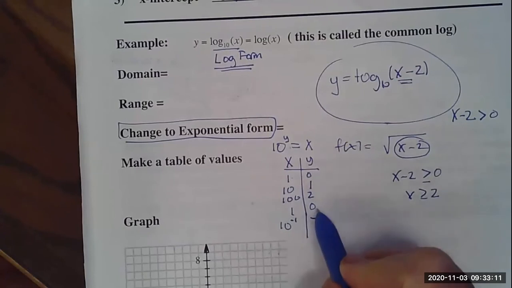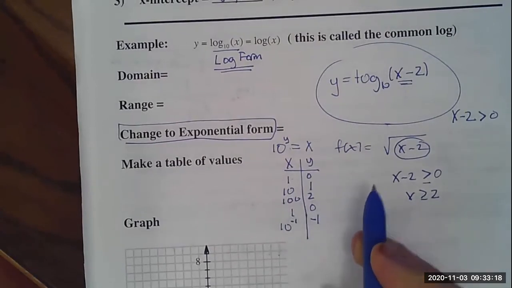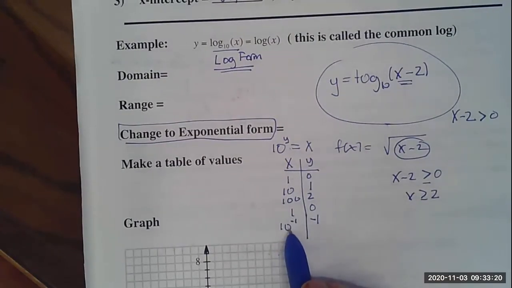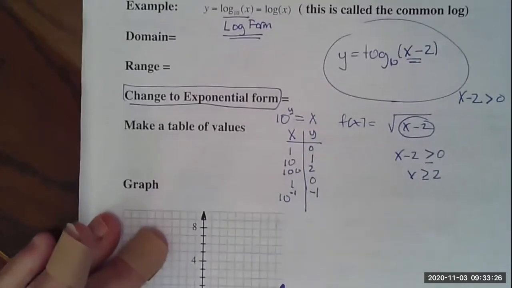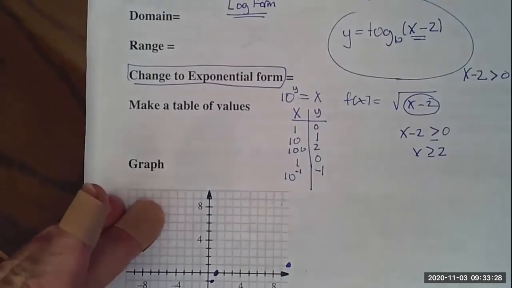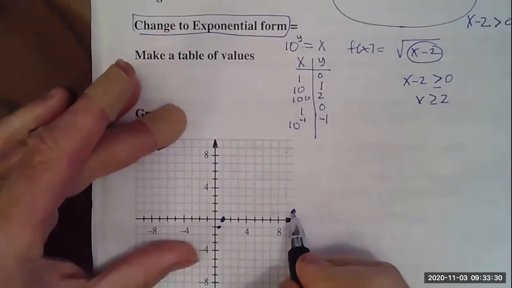I did this one already. Oh, that's funny. Okay, fine. Oh, let's see. This would be x is -1/10 and y is -1. So it's like here. So if I plot those points, which I did, and connect the dots,